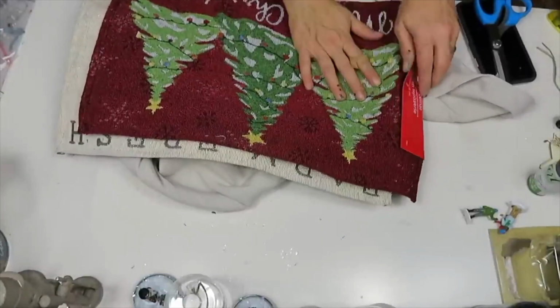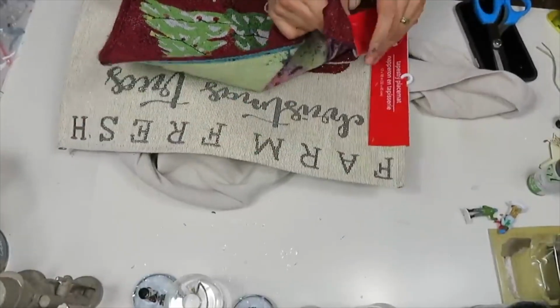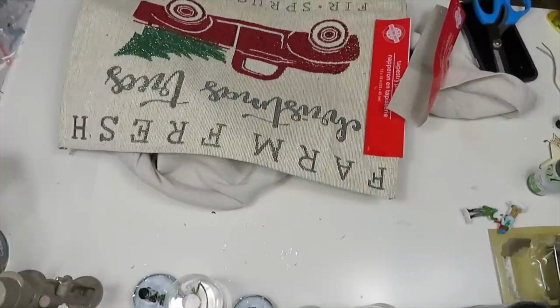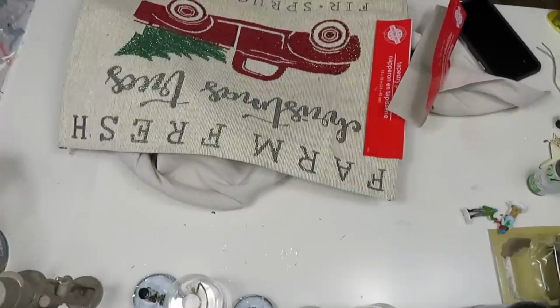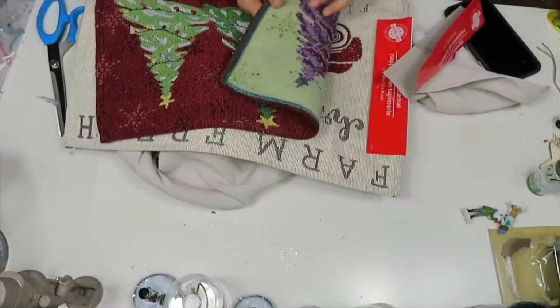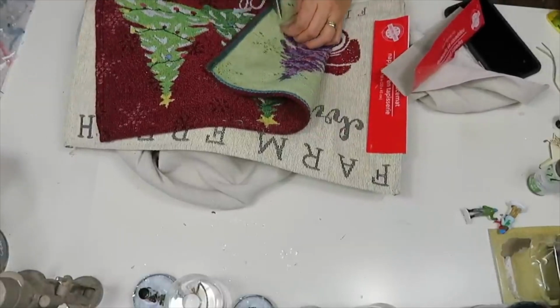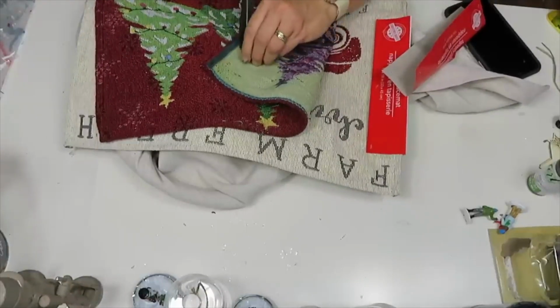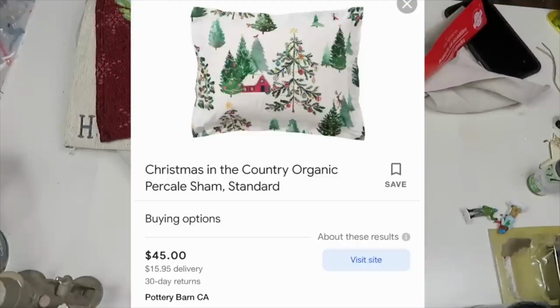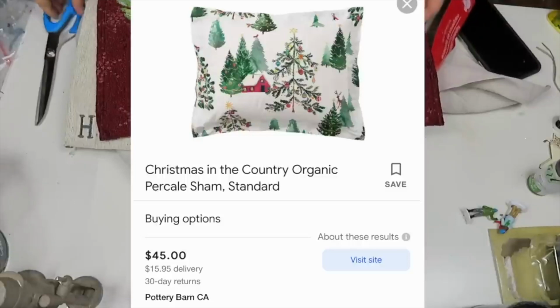I am using some of the drop cloth that I picked up at Dollarama, and the whole piece, I think it's 8 feet by 10 feet, is $4. And then I picked up these placemats from Dollar Tree for $1.50 each. So I'm gonna say the 2 of these pillows cost me $8.50,